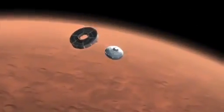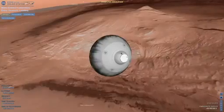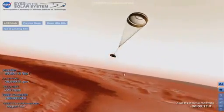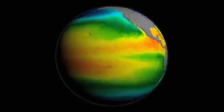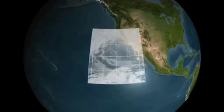The hardest problem we have with sending people to Mars or robots to Mars is getting through that Mars atmosphere. It's not that it's thick and hard to get to. The problem with the Mars atmosphere is it's so thin. What Langley's doing, they're taking their knowledge of the Mars atmosphere, their knowledge of entry, descent, and landing capabilities, and they're building a scenario where we go through a multi-stage entry profile, where the best technology for that area of the Mars atmosphere is utilized to slow the vehicle down. A lot of the work we do in remote sensing can be applied in utilizing the capabilities at Mars in